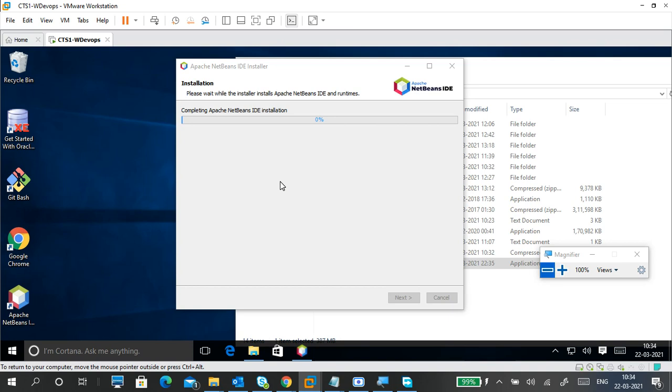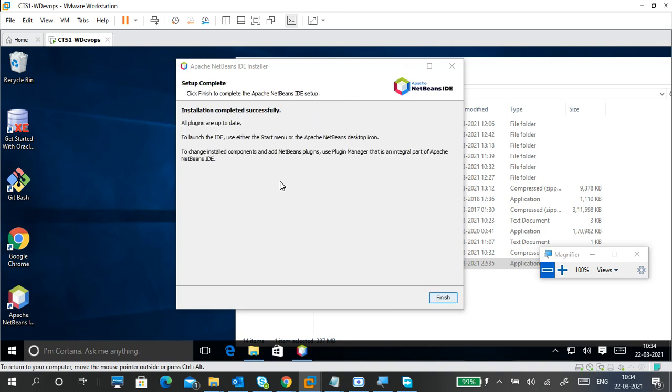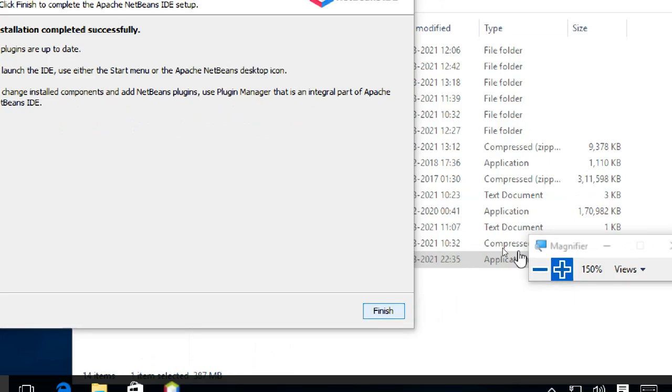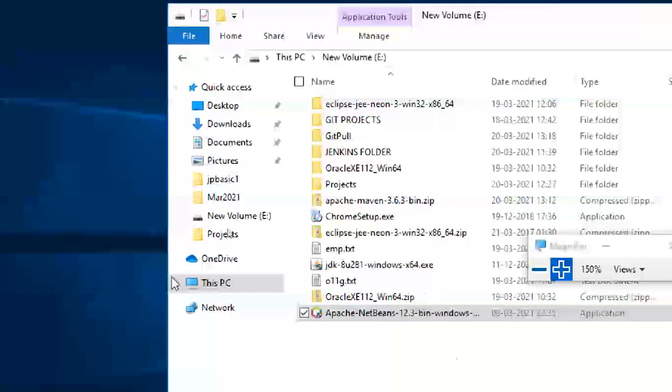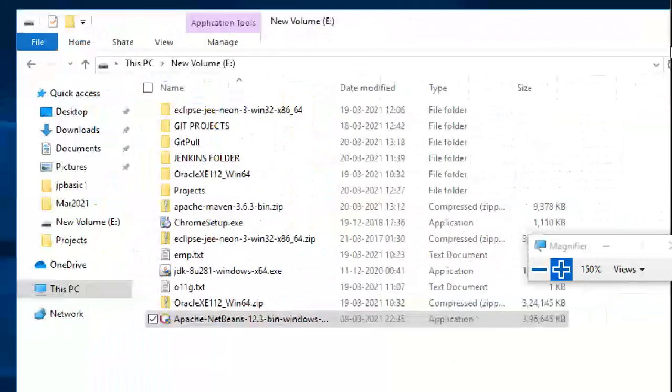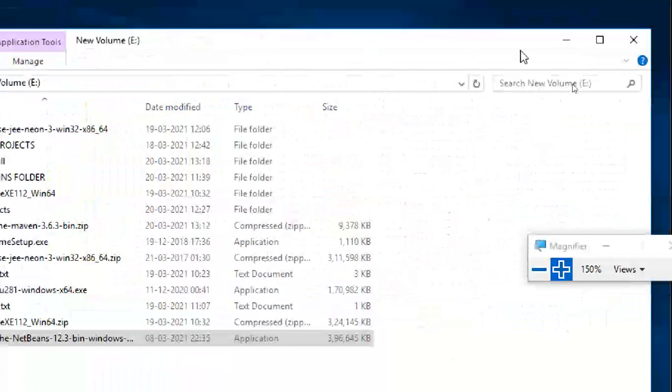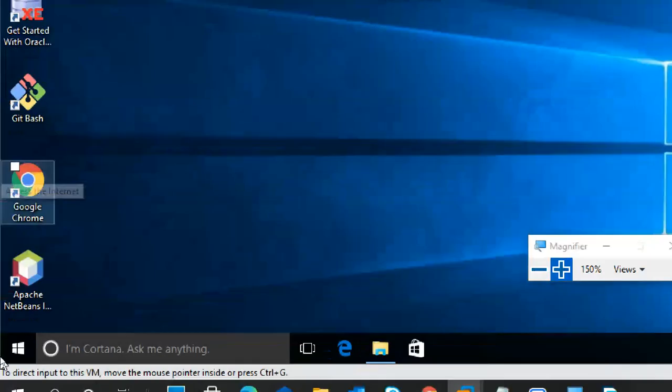People who do not belong to CSE or IT, you must know these things. Why? Because of future purpose. Maybe we don't know what project you will get. Oh, it is installed directly. So you must know all these things. Okay. So done. Plugins: if you want to add anything, you can add it very easily.